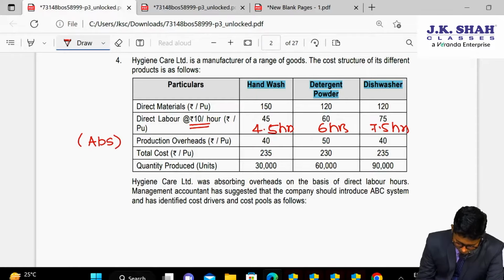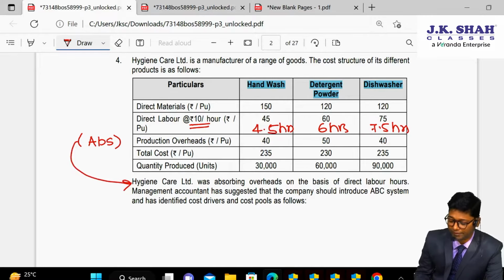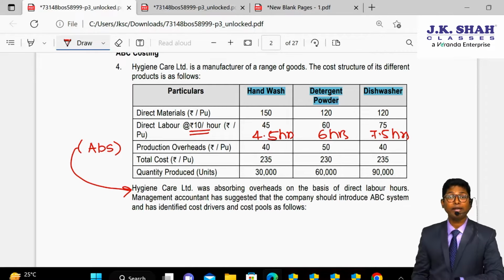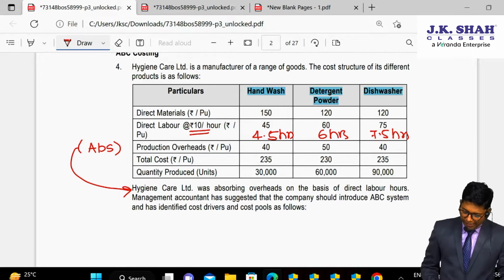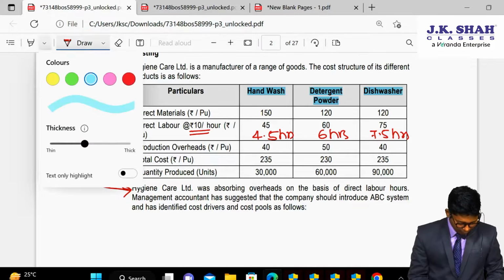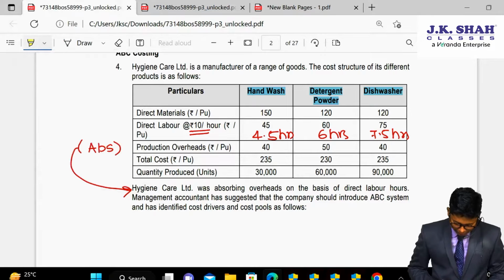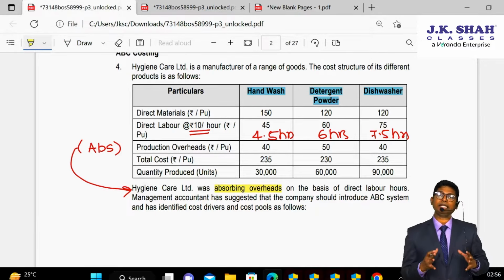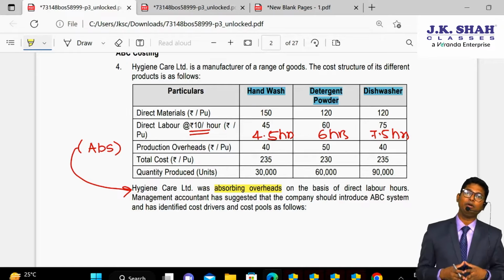Sir, how do you know production overheads are absorbed? This absorption related information is provided in the next paragraph. Hygiene Care Limited was absorbing overheads on the basis of direct labor hours. See here, it is written Hygiene Care Limited was absorbing overhead, which means presently the company was using the traditional method of apportionment